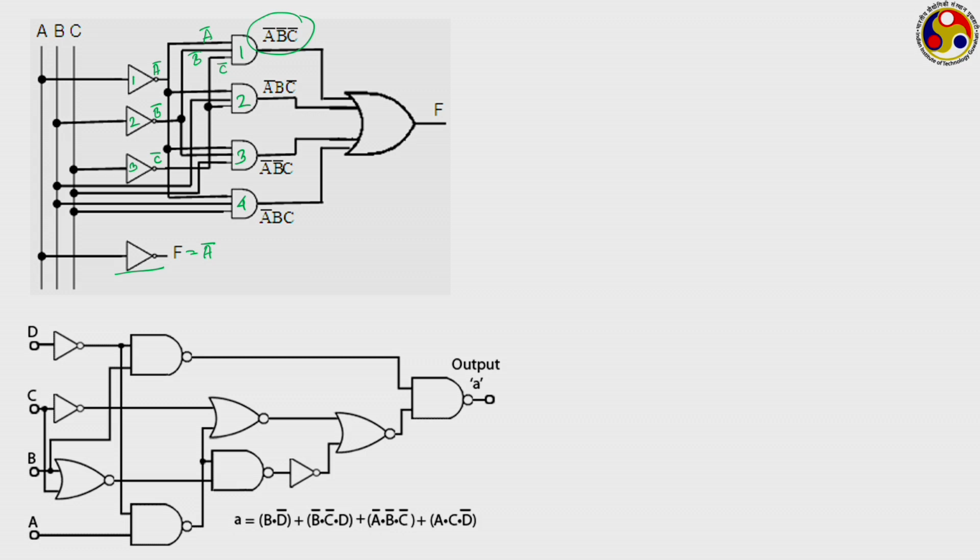Is there any NAND gate? Yeah, there are NAND gates. You can have 1, 2, 3, 4 different NAND gates. Is there any OR gate? There is no OR gate, but there are NOR gates. You have 1, 2 and 3 NOR operations, and also there are a few NOT operations, like one here, another one here, another one here, and by combining this we can get the final output,